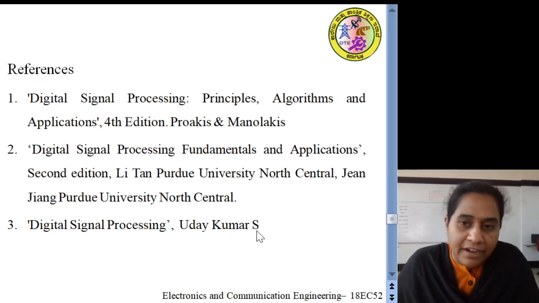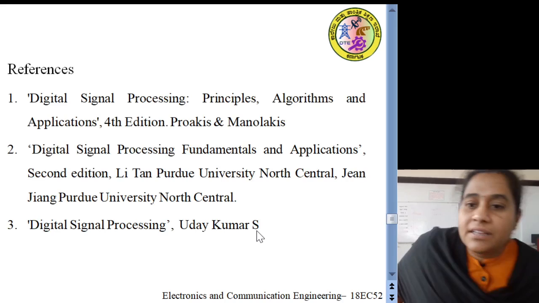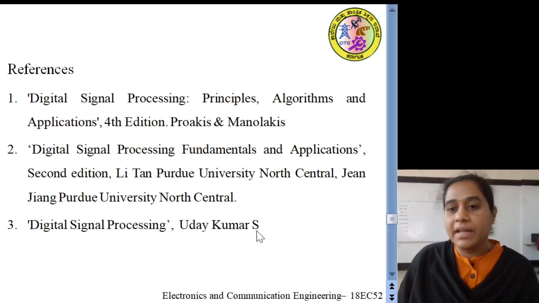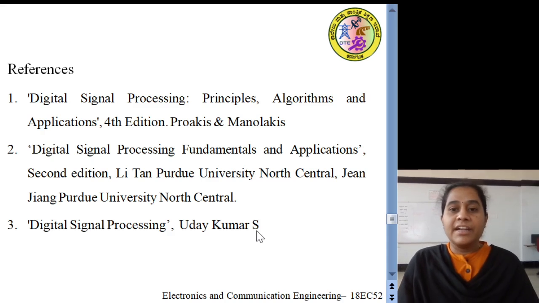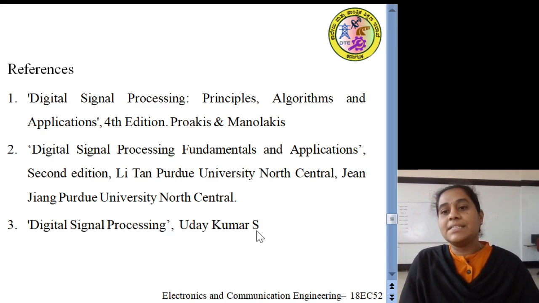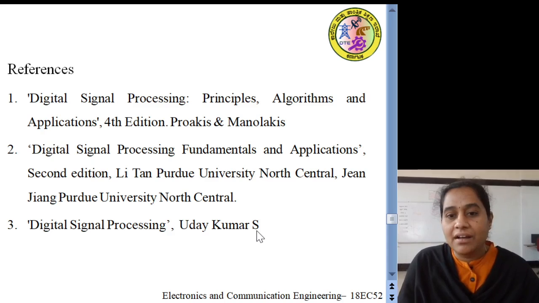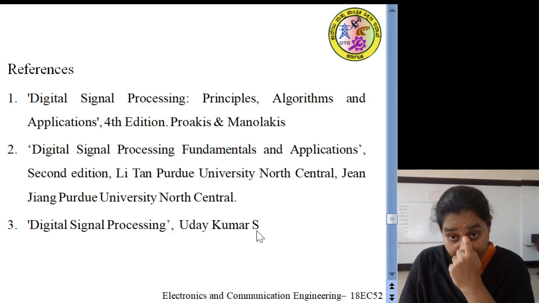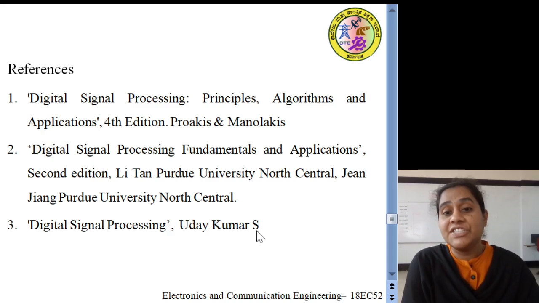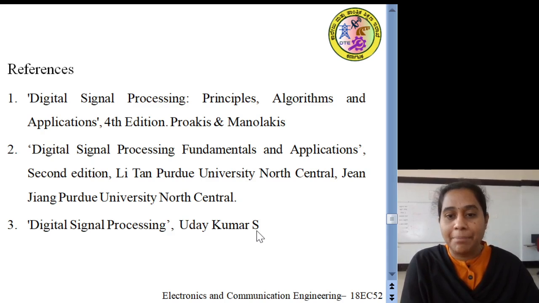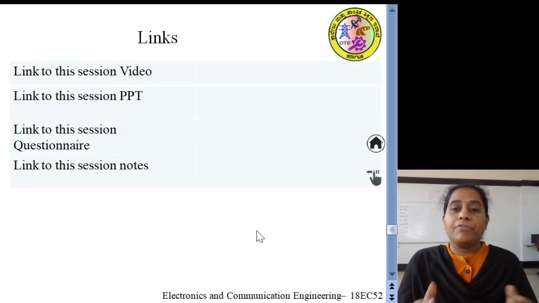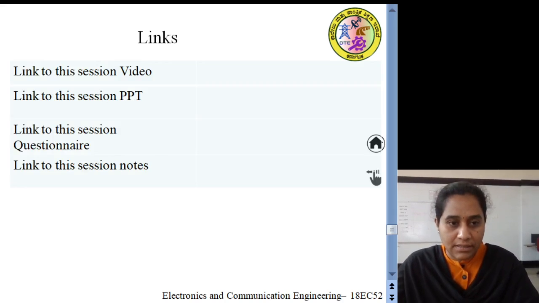For references, you can consider the book by Proakis and Manolakis, Digital Signal Processing: Principles, Algorithms and Applications. The second one you can refer to is the book by Li Tan and Jean Jiang, Digital Signal Processing: Fundamentals and Applications. And you can also refer to the book by Mr. Uday Kumar S, Digital Signal Processing. And for this session,